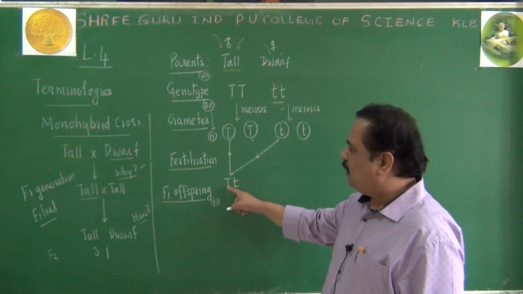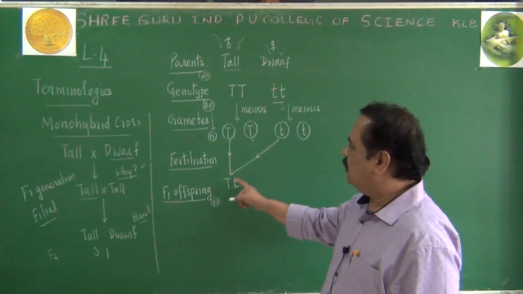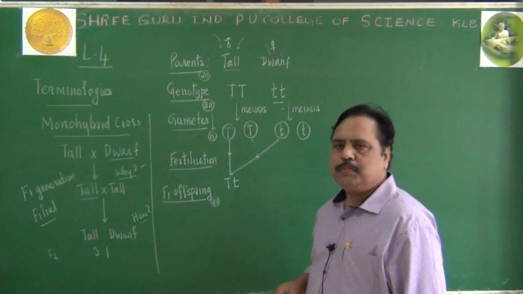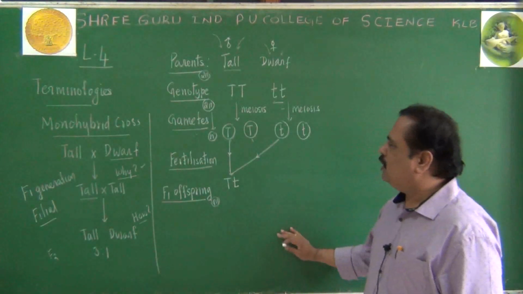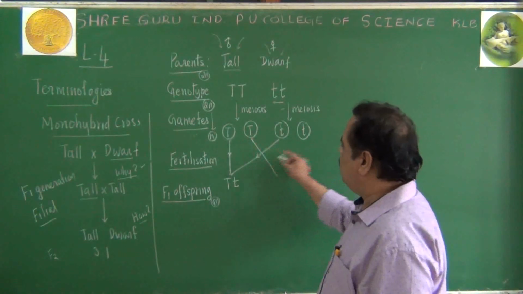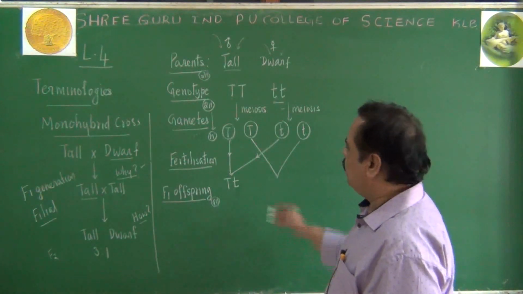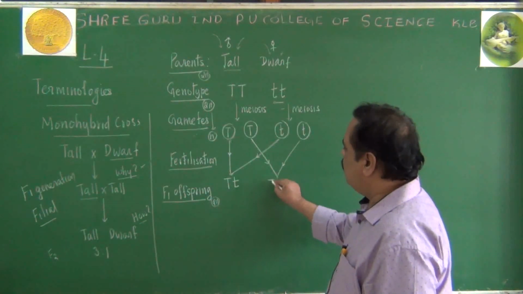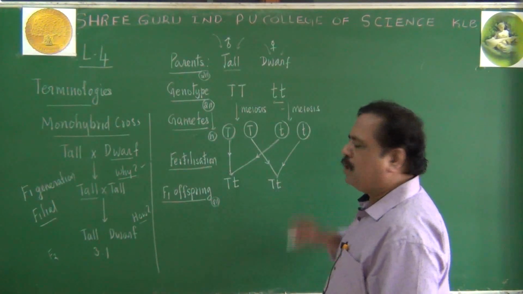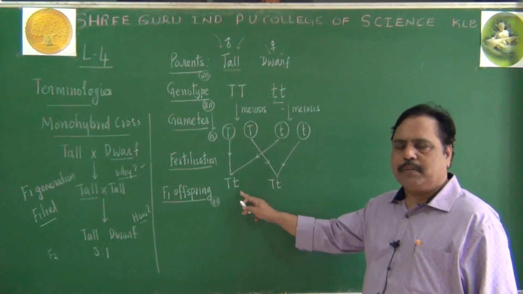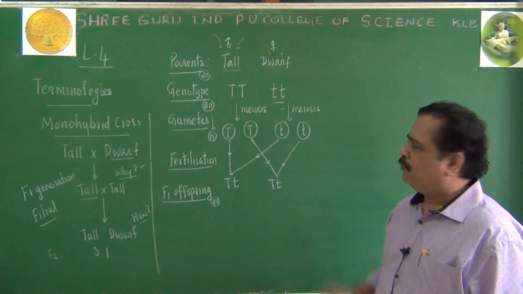This is given by the anthrozoid, this is given by the ovum. So it becomes a diploid offspring, F1 offspring, capital T, small t. What about the fusion of this male gamete with this female gamete? Remember, if these two gametes join, that will also result in capital T, small t genotype only. It is called genetic makeup, so it is genotype, we can say.